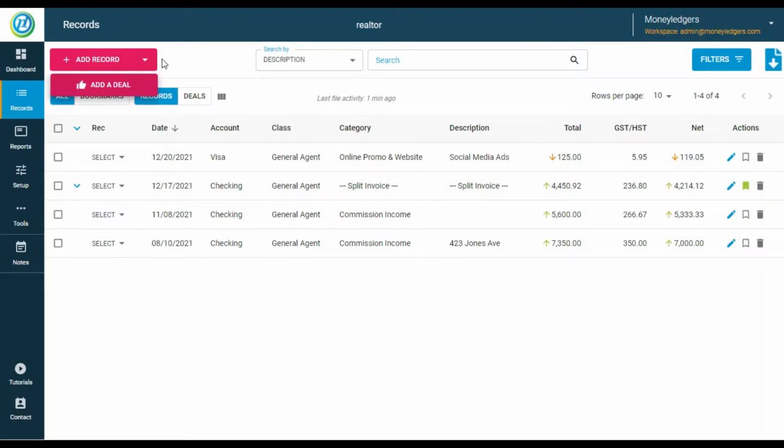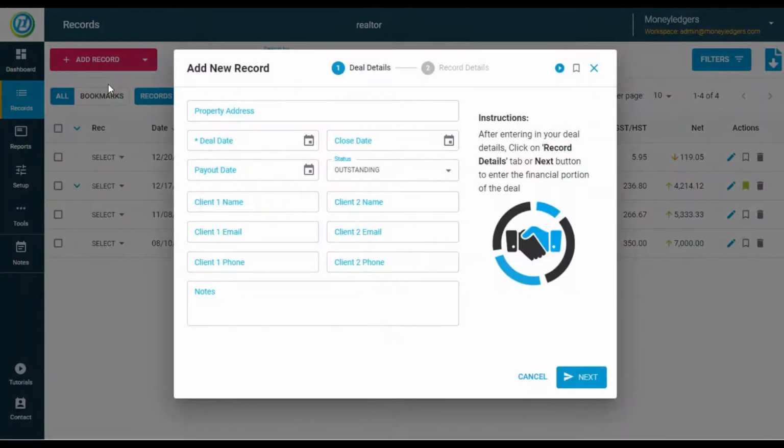So if you notice when you choose add a deal, you're going to have an additional screen and it's called add new deal details here. You see there's a tab at the top called deal details, and then later we're going to put our financial stuff in for that deal. So you sell a house. So what you're going to do is you're going to put in the property address,